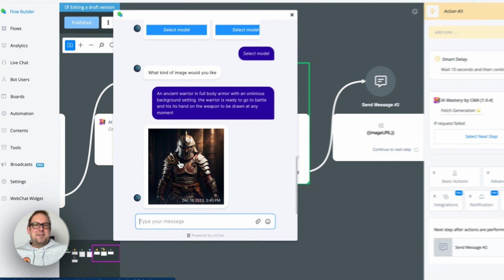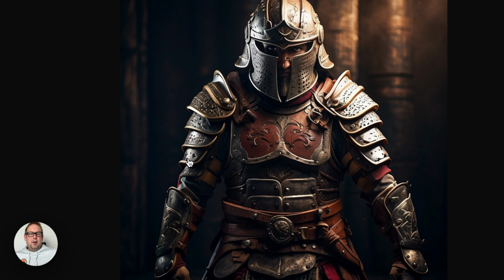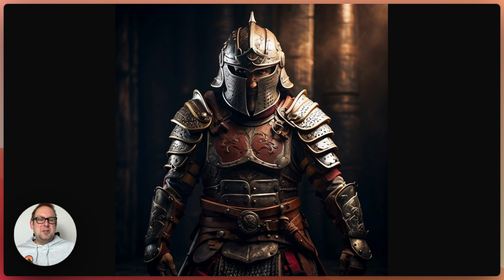So how cool is this, right? Look at the detail, look at the resolution that it produces directly from your chatbot. And this is just one model. You can experiment with different kinds of models and stuff like that. But I think that Leonardo AI is a fantastic image generation platform that you can now utilize directly inside the